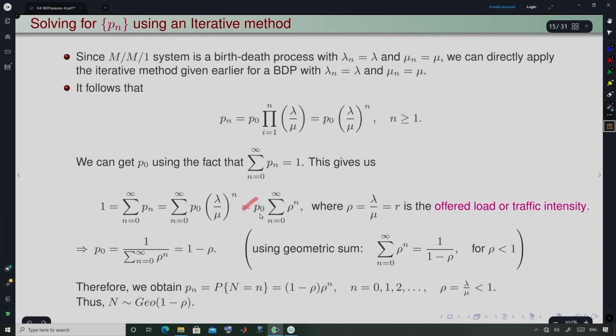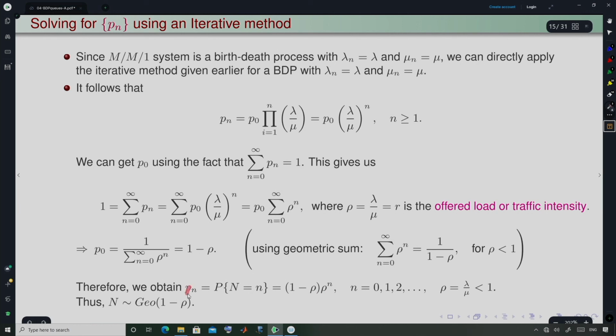Now, from this we can get P naught, which is equal to 1 minus rho, provided rho is less than 1. This is using your geometric series, right. What is the geometric series expansion? 1 by 1 minus rho is exactly equal to the sum of rho to the power n for rho less than 1, right. So, using that we get P naught equal to 1 minus rho. If I substitute P naught equal to 1 minus rho here, I get 1 minus rho times rho to the power n as the solution, which is again a geometrically distributed random variable